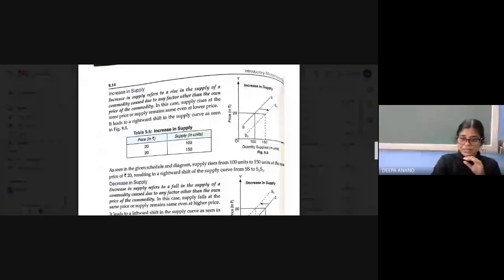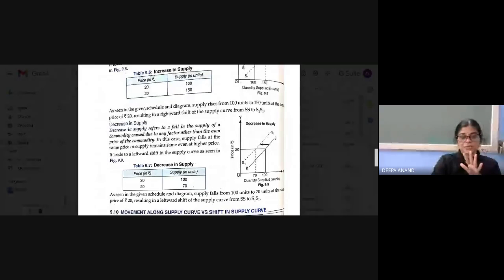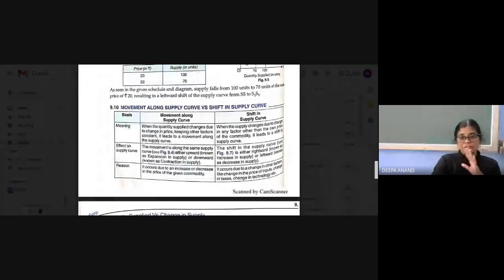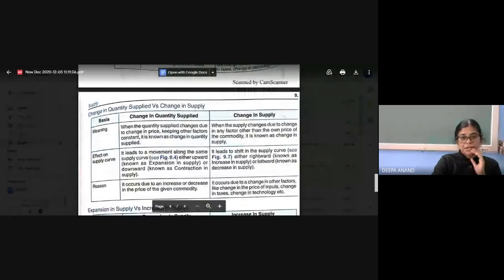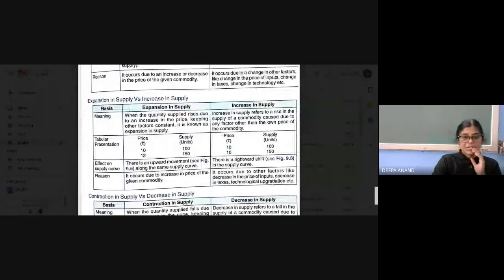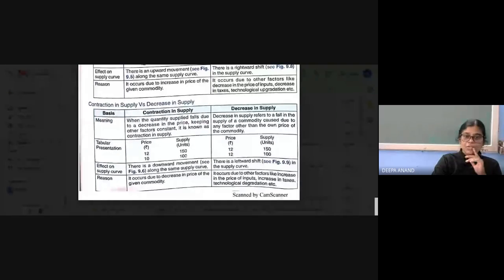So this supply portion is over. Okay, supply portion is over now. Its theory portion is over. We'll do few numericals also, that problems are there about supply, elasticity of supply and all. So that we will